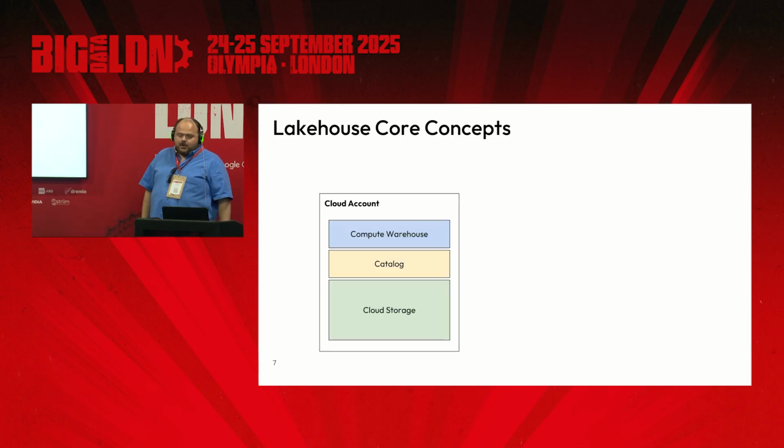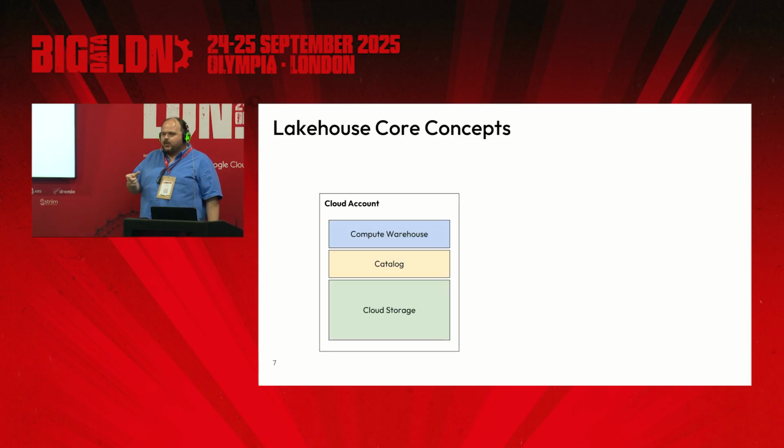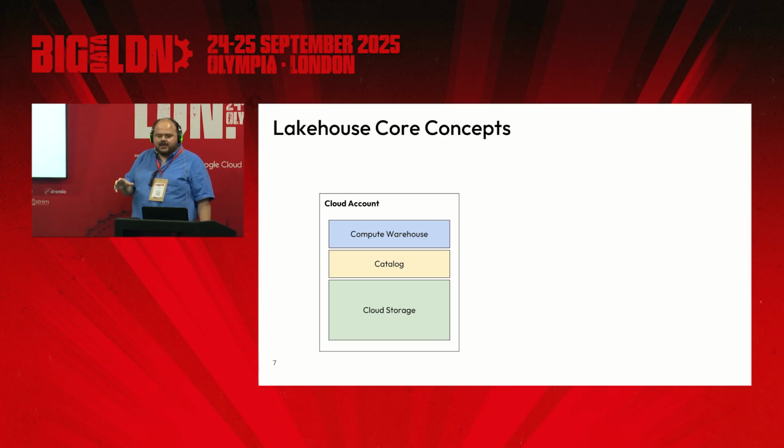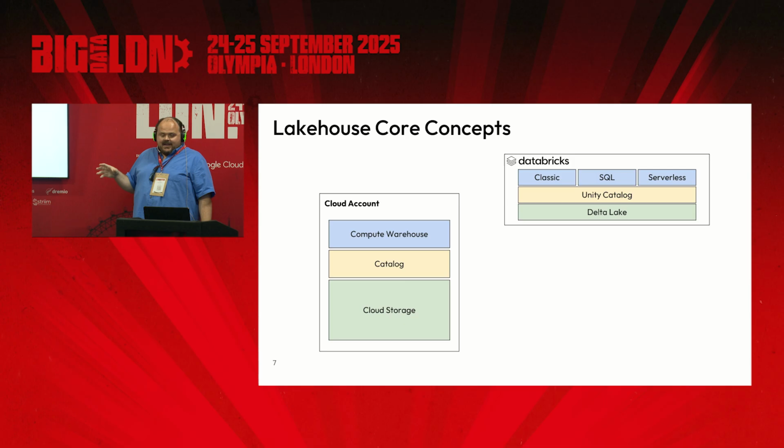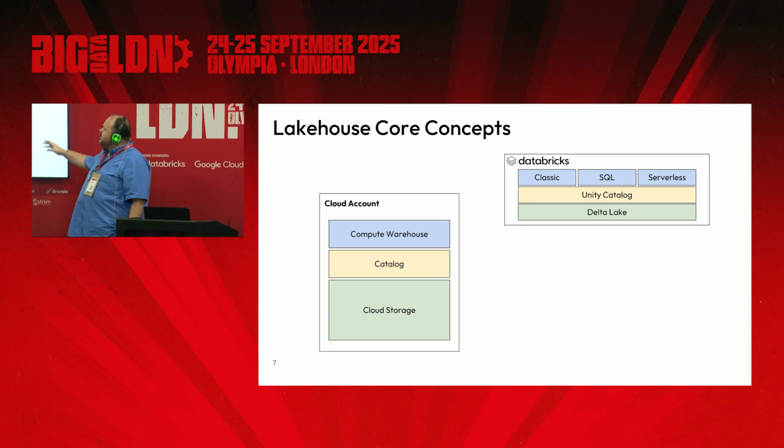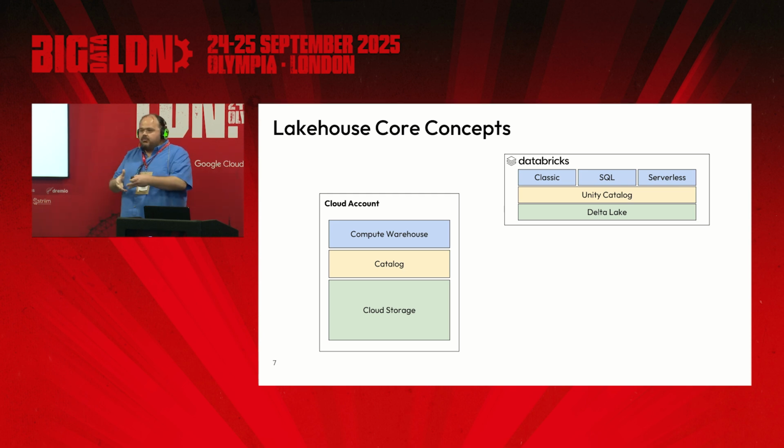So if we take those core concepts, this is where you get into weird marketing terminology. I kind of state it in this general way because when you look at each of them, you get different names. And this is not comprehensive, but this is meant to explain the point here. So in Databricks, you have your classic compute, you have your SQL optimized warehouses, and then you have serverless, which again looks at the thing you're doing at the time and optimizes it from a large pool of compute. And then their catalog, they call Unity Catalog, and then the storage they run on what they call